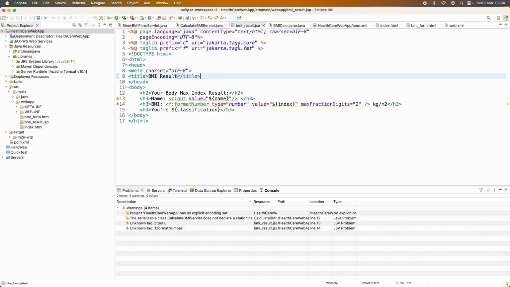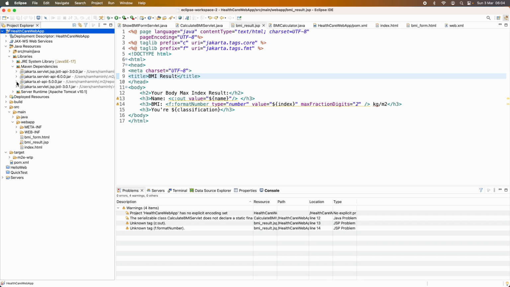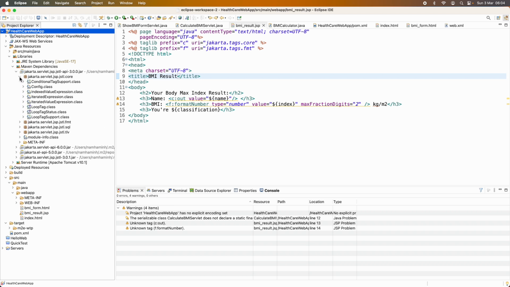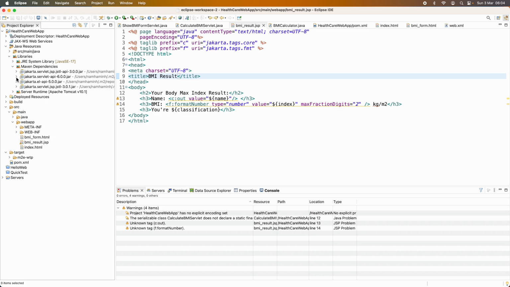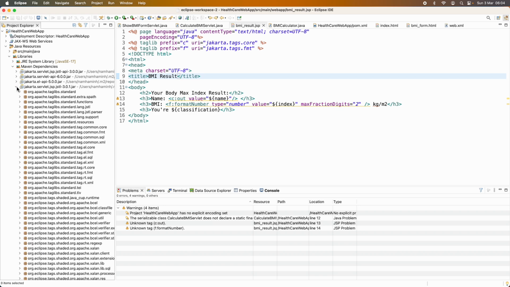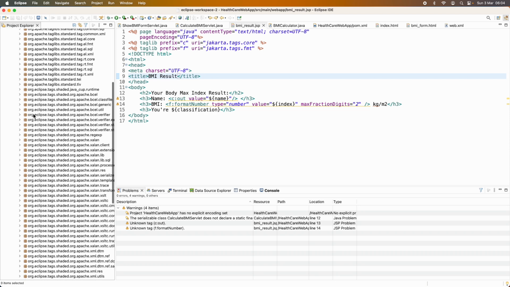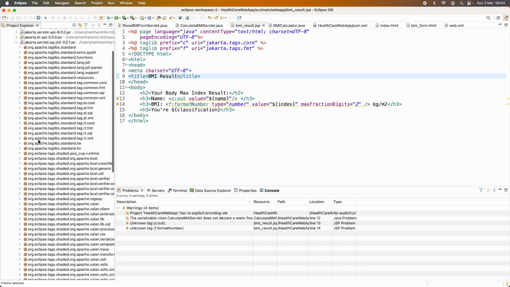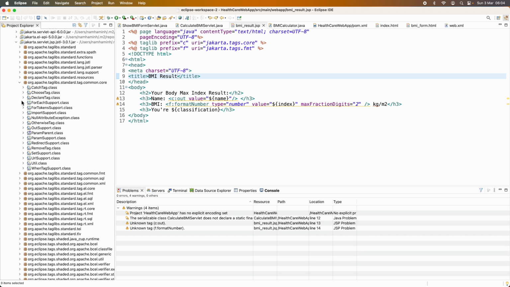And you can see the details of these two dependencies here. JSTL API contains the API definitions of JSTL, and JSTL implementation here contains the detailed implementation of the tag libraries, for example, in the core tags here.